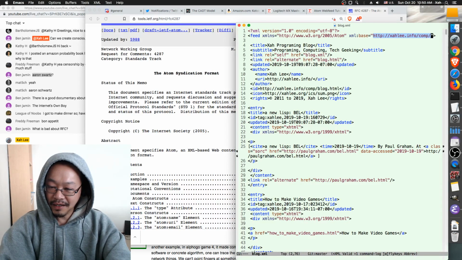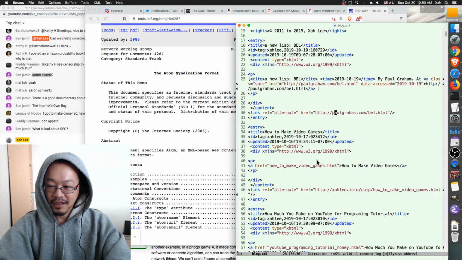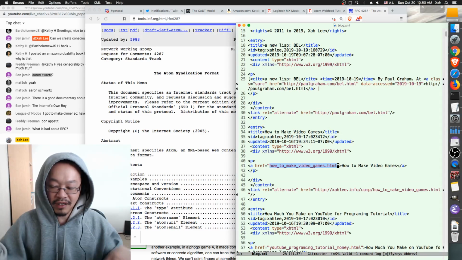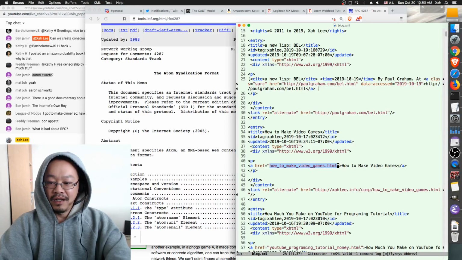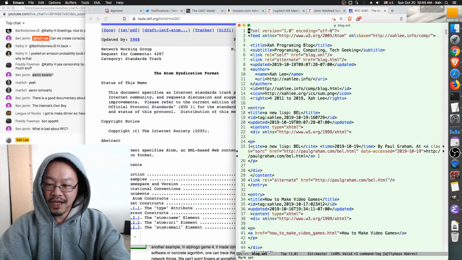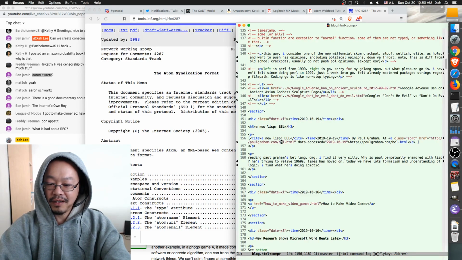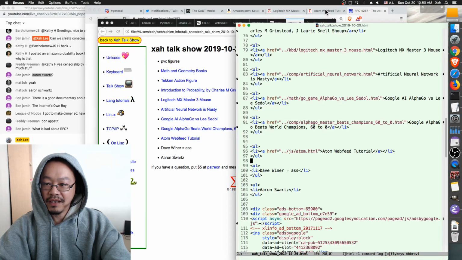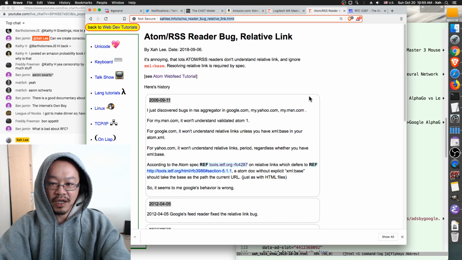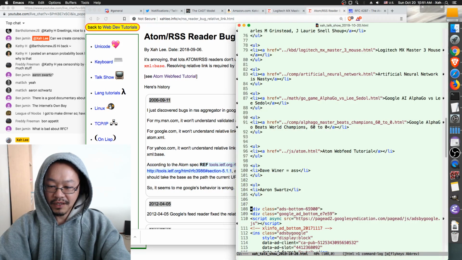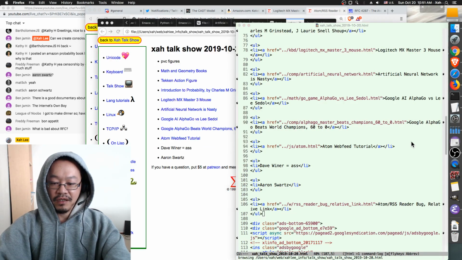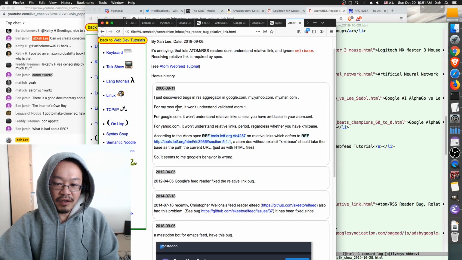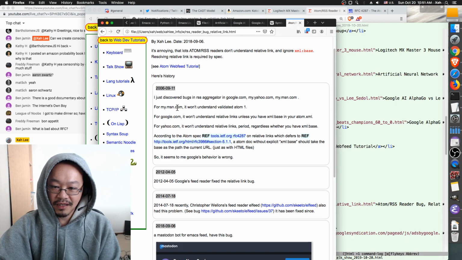So anyway, Atom is supposed to support relative links. In fact, relative links are supported by HTML. It's supposed to be everywhere. Okay, so it's supposed to work, but however, even back in, let me show you. Actually, I need to copy this link and paste it here, and show in browser, and click on that. So back in 2006,